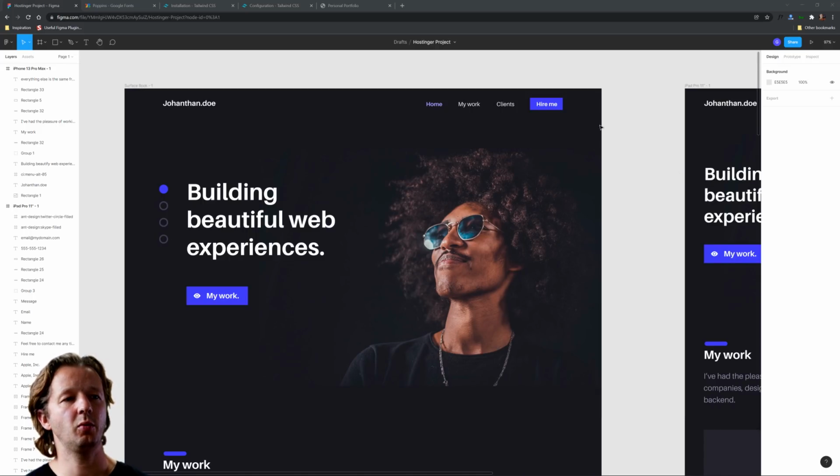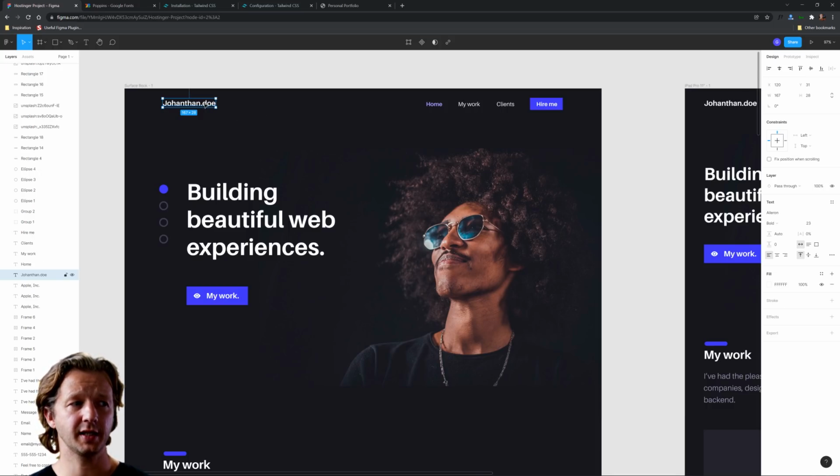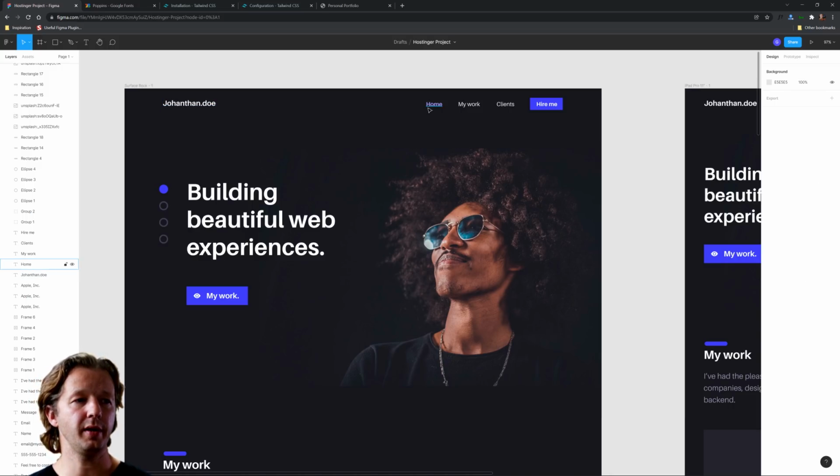Okay, so the first thing we want to get started with when it comes to writing your HTML markup, as you should hopefully already know, is what starts at the top of the page, which is the header or the navigation, the nav bar, whatever you want to call it. So of course that consists of the logo. In this case, it's just a type-based logo, so we don't need to import an image like an SVG or anything. And then over here we have a very standard navigation